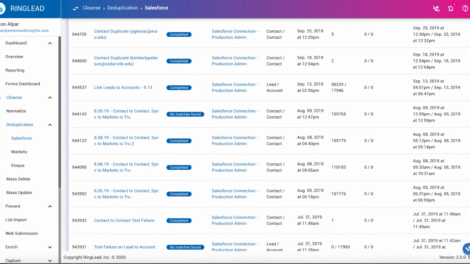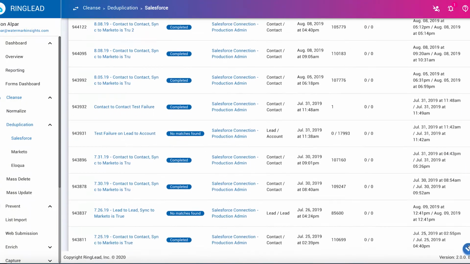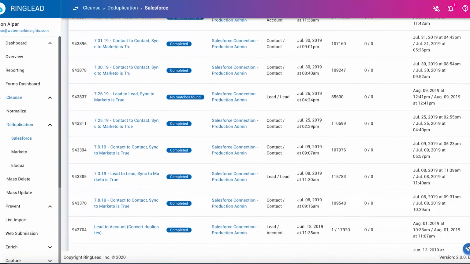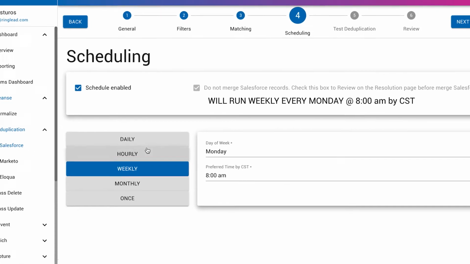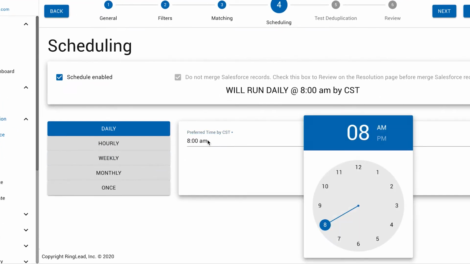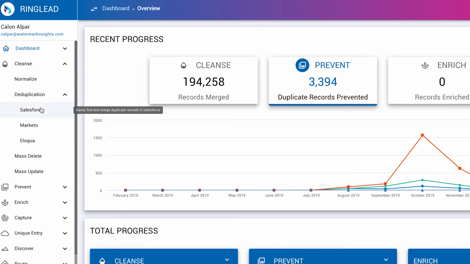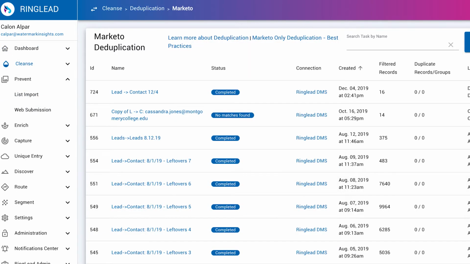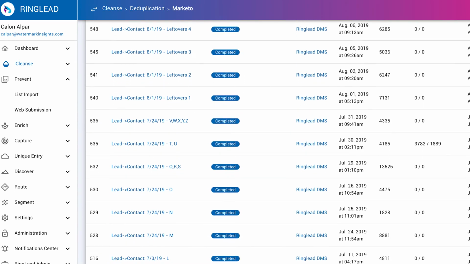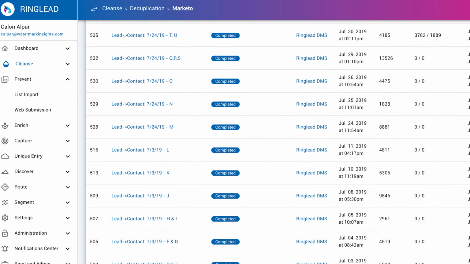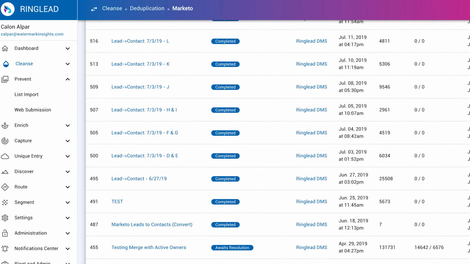This wasn't going to be something that I could just do with one batch process. This was something that I had to basically build a plan around and do different batches throughout the day and throughout the evening. So the best way for me to do this was to schedule every day as I left work. As I would leave, probably in the evening, I would schedule night batches, and working with Ringlead through onboarding, we were able to manage the API limits by focusing on a certain batch of records. So we would start with A through B records, say emails that start with A through B, and then continually progress through there. It took us 4 weeks to solve our deduplication problem, which meant removing 100,000 duplicates from our database.